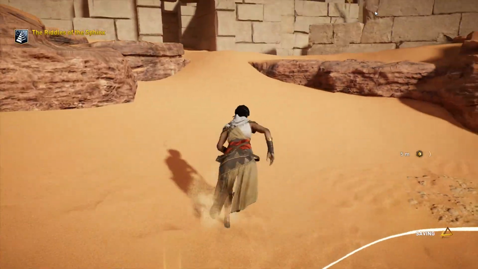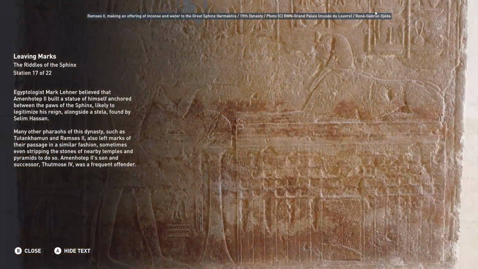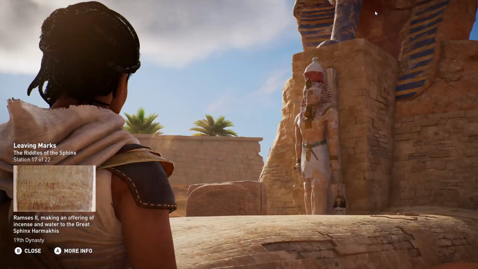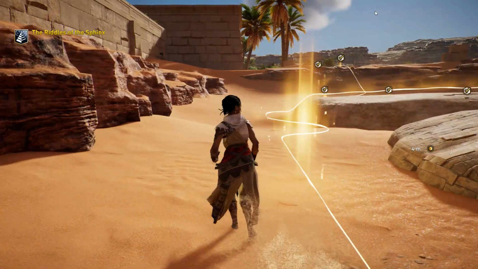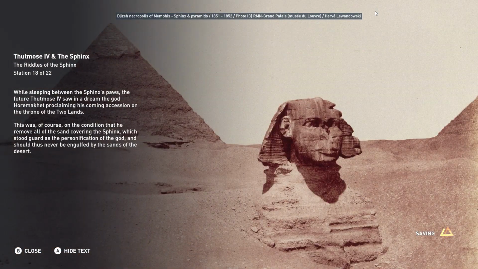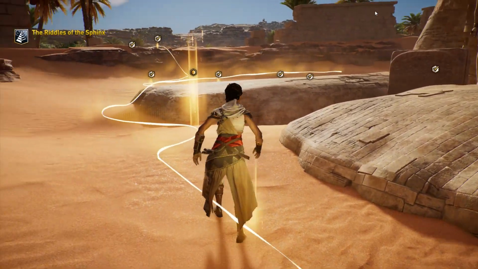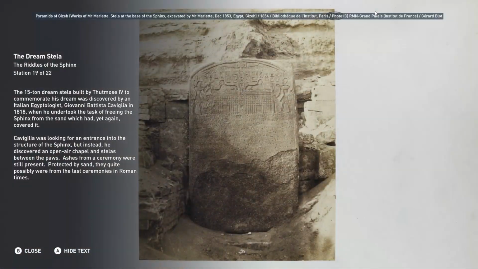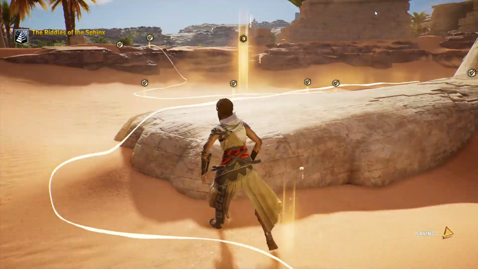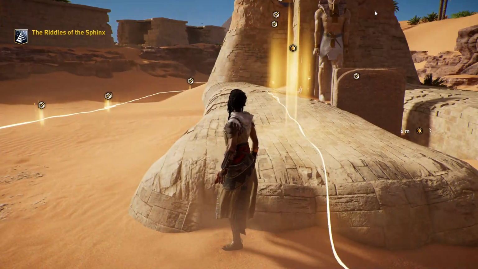Amenhotep II built a second temple that Egyptologist Mark Lehner believed that Amenhotep II while sleeping between the Sphinx's paws, the 15-ton dream stela built by Thutmose IV to commemorate his...